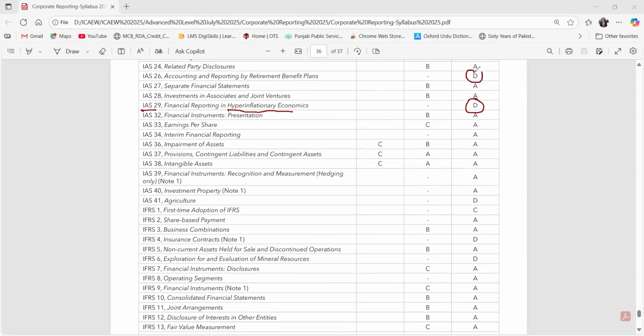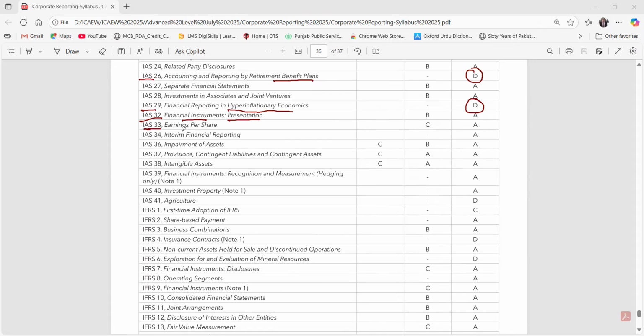Similarly, IAS 26, that is accounting for retirement benefits plan, that is in continuity of IAS 19, it is also at a D level. So for these two topics of IAS 26 and IAS 29, you need just a basic overview. You need a small understanding basically, and not a comprehensive overview, like how they would be recorded, how they will be measured initially and subsequently, how they are going to be disposed of. No, you should not.